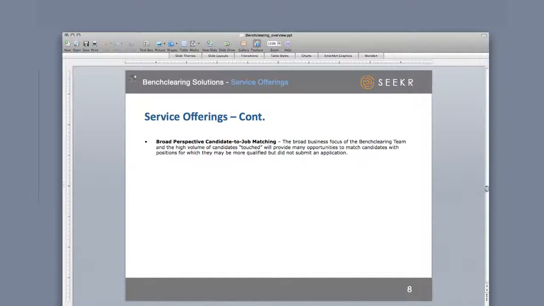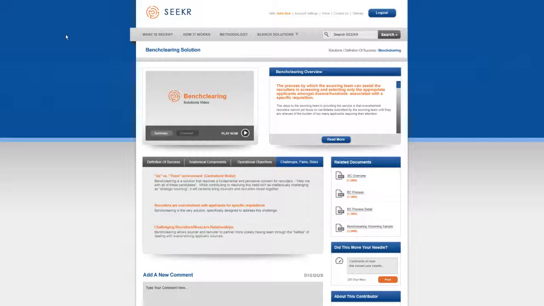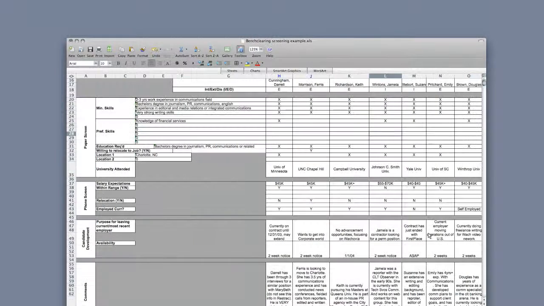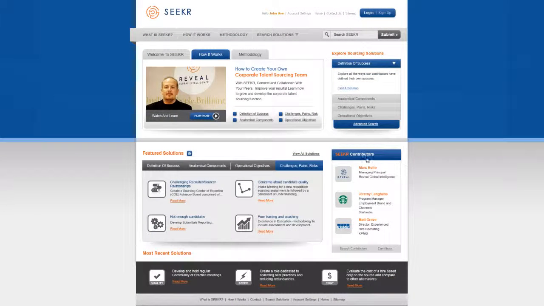Okay, so let's navigate back to the home page and take a quick peek at an example of a working document for bench clearing. So we're going to click on the bench clearing screening example here, and without going into the detail, you can simply see that a contributing member shares a great deal about how they operationalize their solution in their own environment. So let's navigate back to the home page again, and I want to address one common